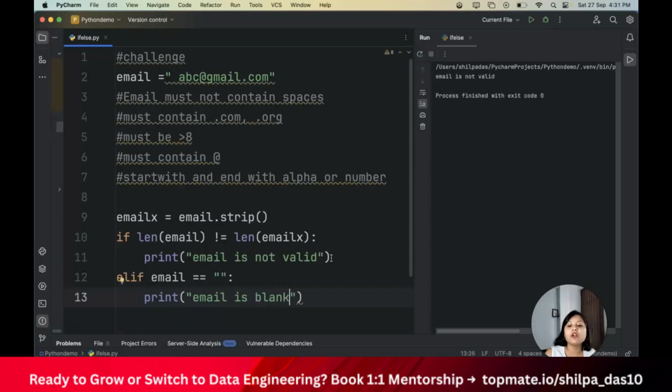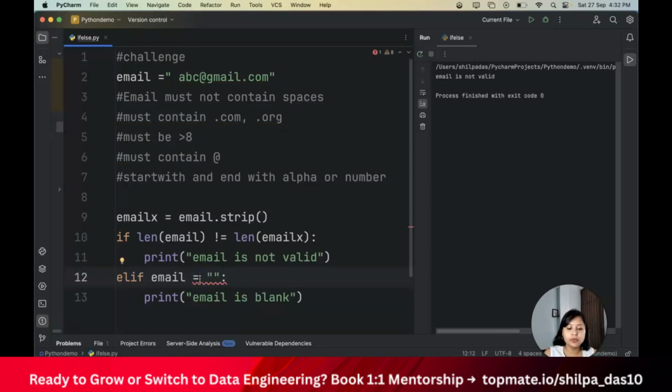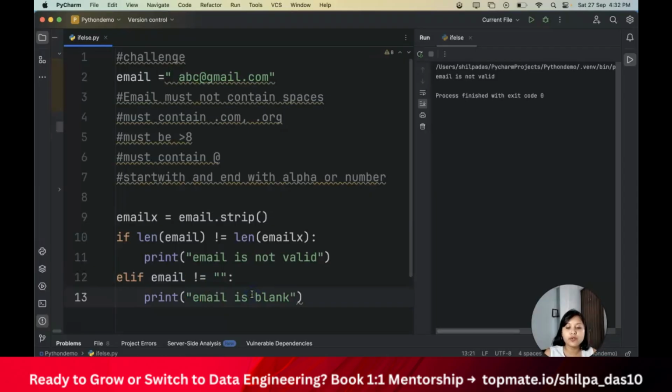So the user has not given any email. Okay, now if you see, I have print email is blank. So email is blank, that is not valid, right? If it is not equal to blank, then it is actually valid, right? So I will put not equal to, is not blank, right?